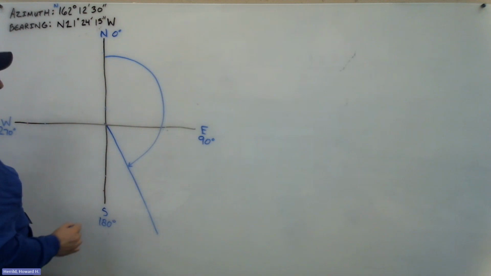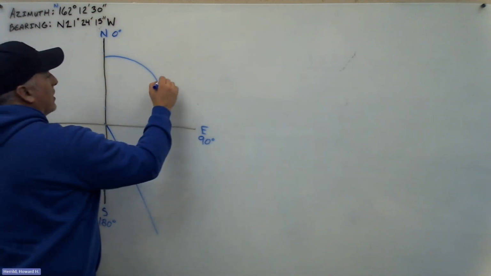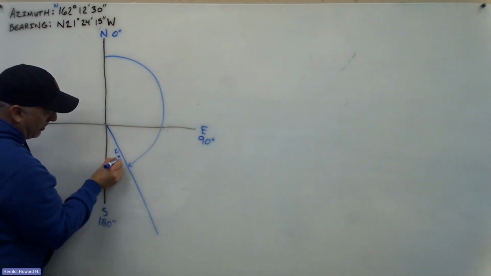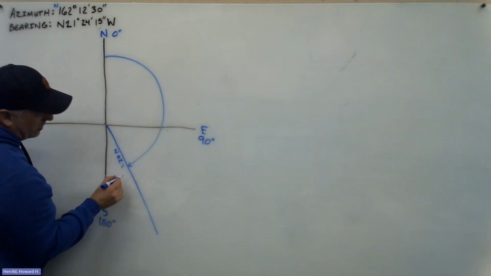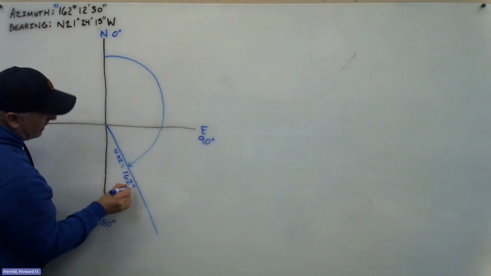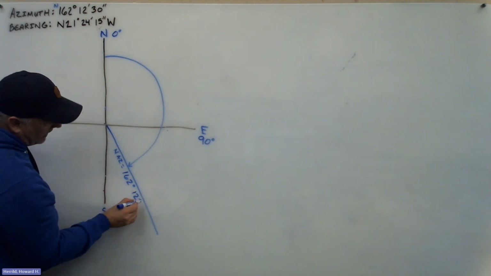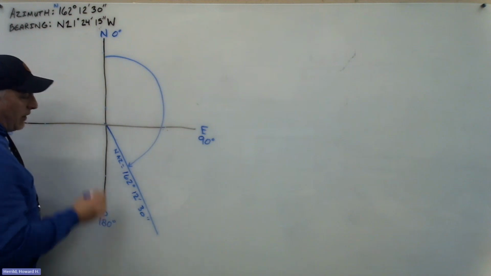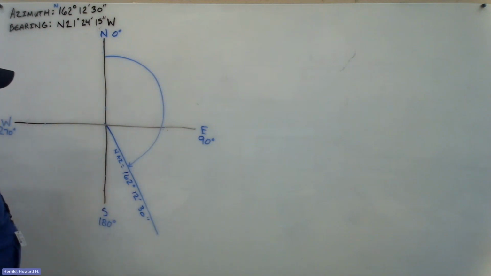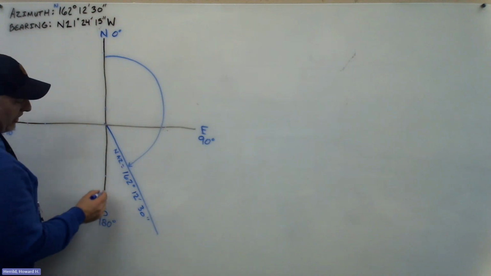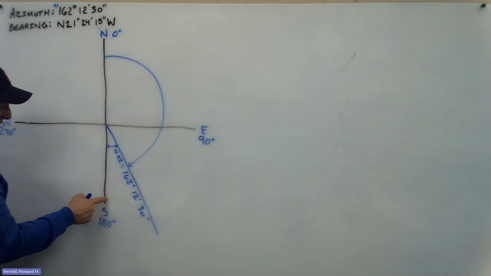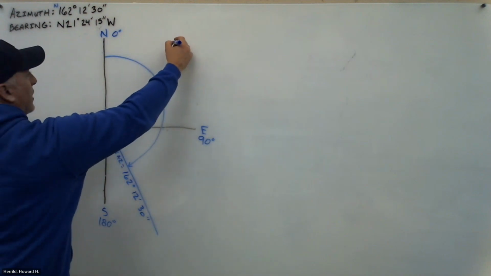This is our azimuth angle, referenced to north. So I'll just say the north referenced azimuth is equal to 162 degrees, 12 minutes, 30 seconds, okay? And I want to turn that into a bearing. Well, the important thing to note is we're really worried about this angle here, right? This is what's going to tell us a bearing because we need it referenced. Bearings are referenced to